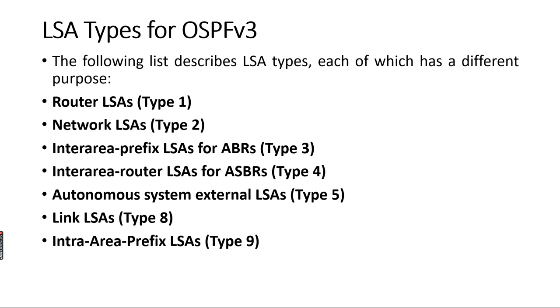First, about type 1, which is the router LSA. It describes the link state and cost of the router's links to that particular area. And these LSAs are flooded within that particular area only. And this indicates if the router is an area border router or an autonomous system boundary router, and if it is one end of a virtual link. So this helps to tell the type of the router. And this is also used to advertise the subnetworks. Particularly in OSPFv3, these LSAs have no address information and are network protocol